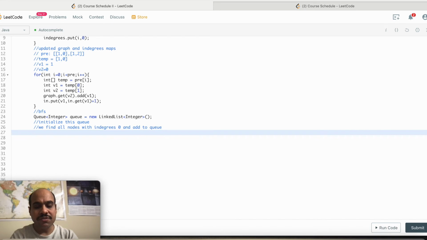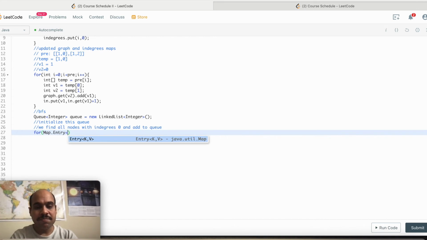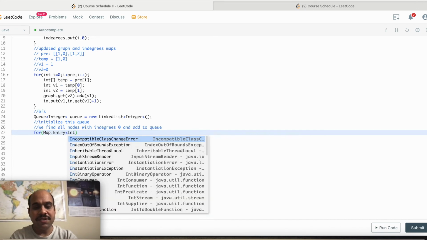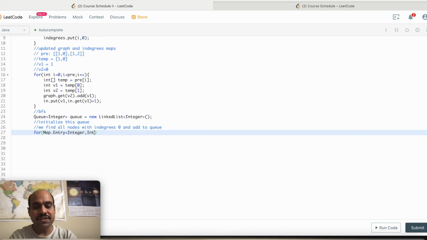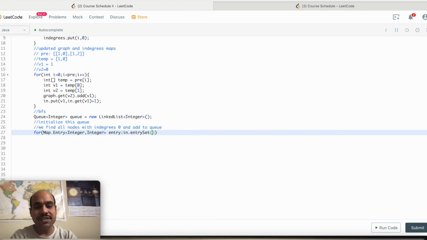Now we need to iterate through the map. So how do we iterate through a map? We use Map.Entry, and the type of key and value, so it's integer comma integer, and you can give it any name, and we attach this to our in degrees dot entry set, and this entry set basically contains key and value.